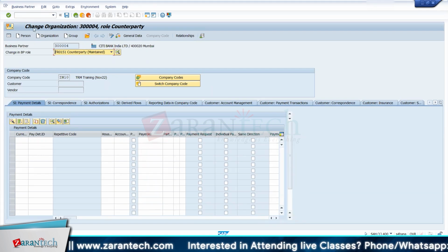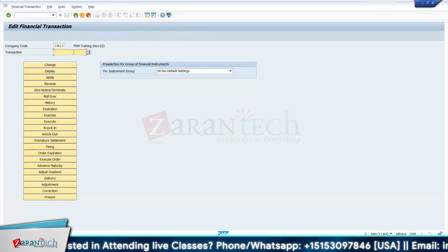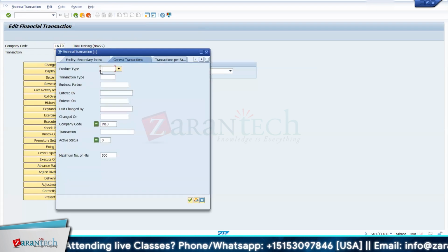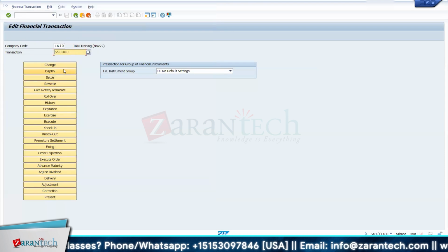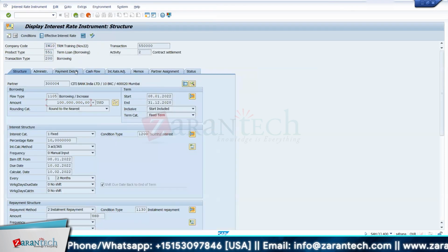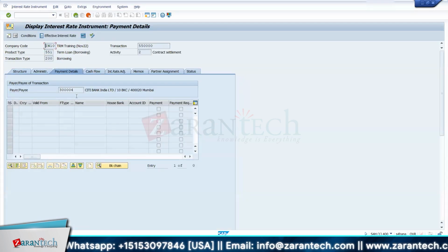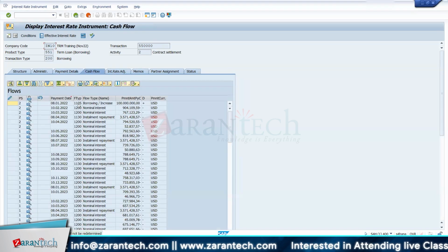What I mean to say, suppose this is my business partner. Here, FTR_EDIT, 551. We have done one transaction. If you look at this deal, in the payment details, you can see this is blank. And since this is blank, I'm doing all the accounting entry. Like if you see the cash flow, like here,